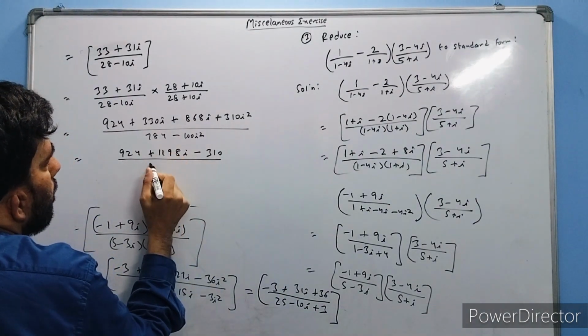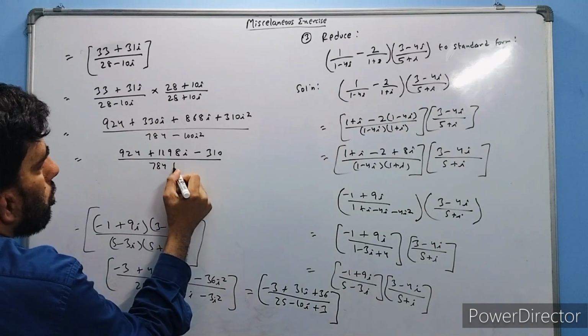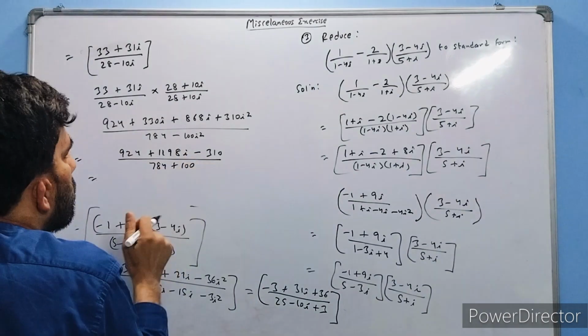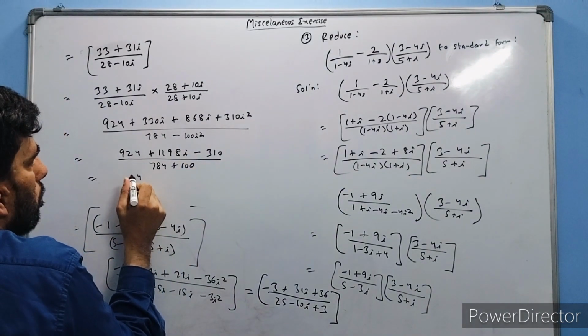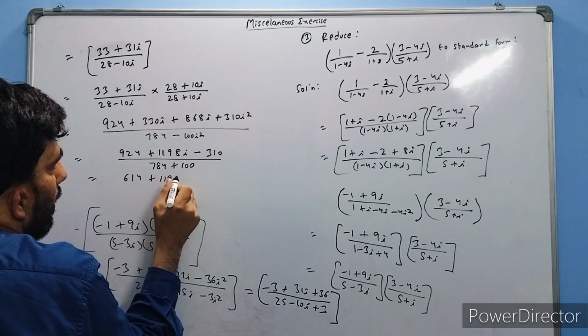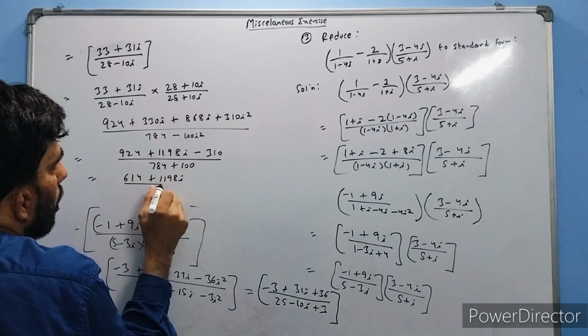Now here I have 784, i minus 1, so it will be 100. So I got here, if I reduce this, 416 plus 1198i upon I got this